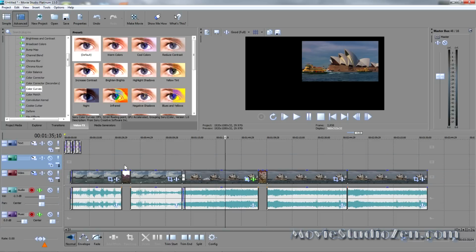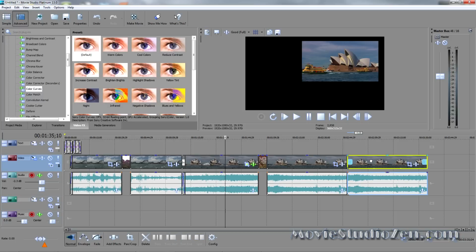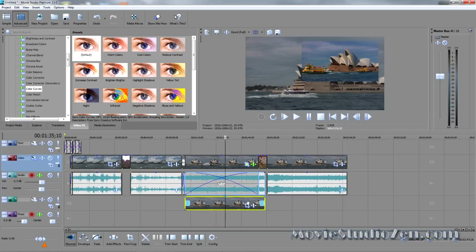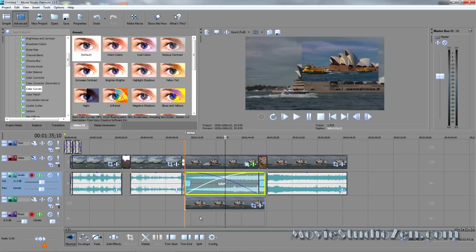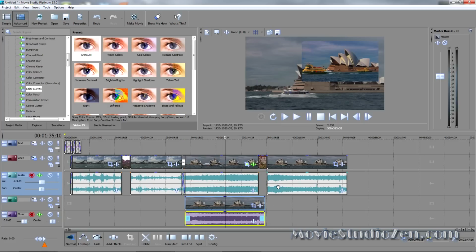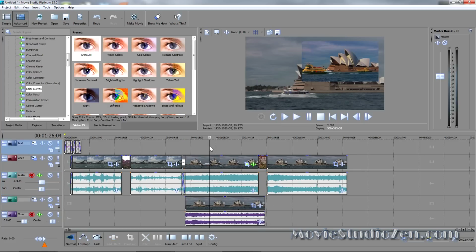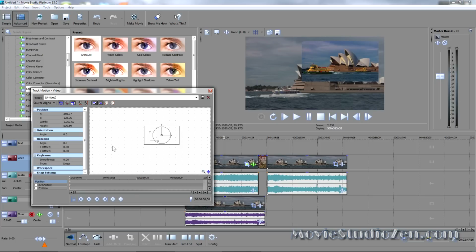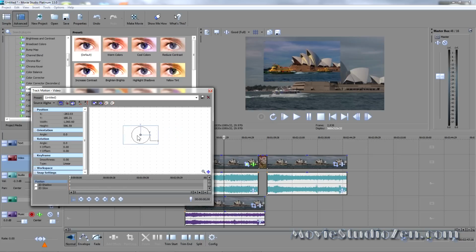Now I want it below, not on top. So I'm just going to hold on top of this and drag it down like that. Now I can grab this video and bring it underneath. Now if you get the music doing like a double track thing there, just grab hold of it and bring it down further so it's on its own layer. Now we've got a picture-in-picture effect. I'm going to go open that back up actually.